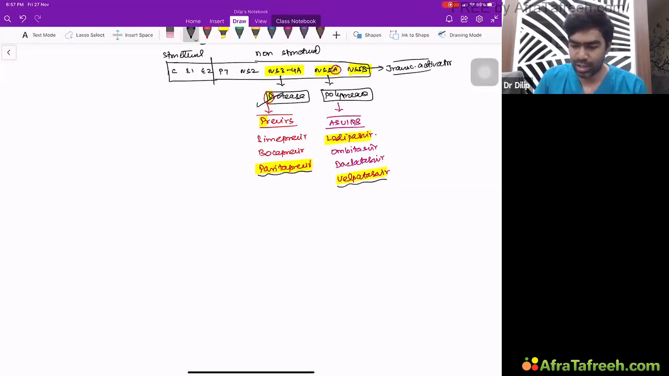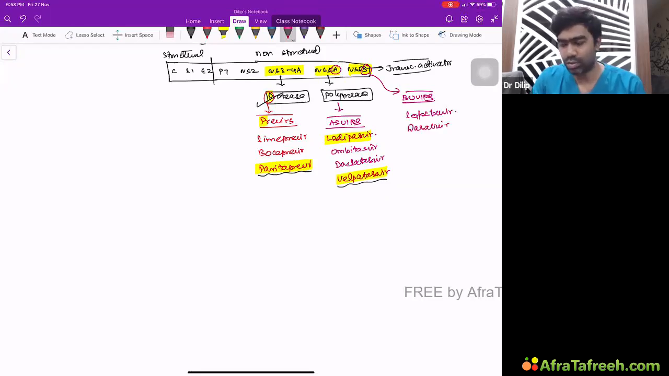And apart from that, NS5B inhibitors, these are polymerase inhibitors. These will typically be called buvirs, because you can remember B stands for buvirs. Buvirs we have, so sofosbuvir, a very commonly used drug. Then we have dasabuvir. Then we have so many other drugs also. So sofosbuvir is a very commonly used drug, but apart from that, other drugs are not very commonly used in